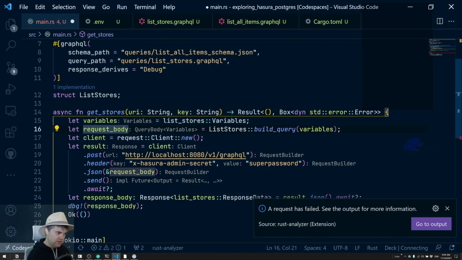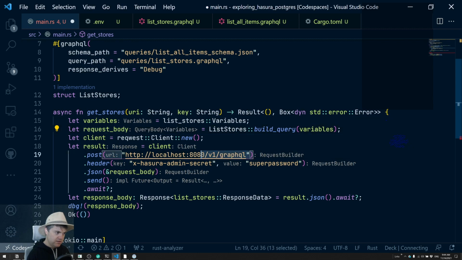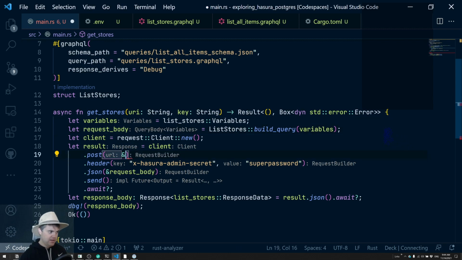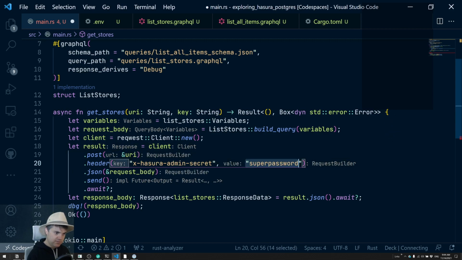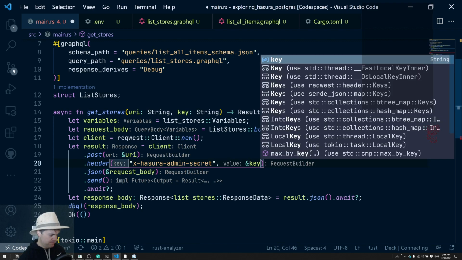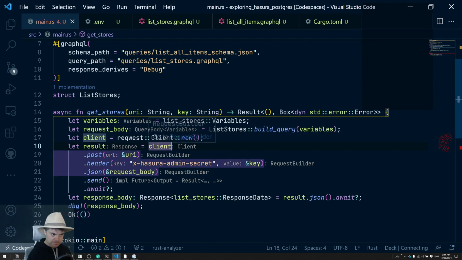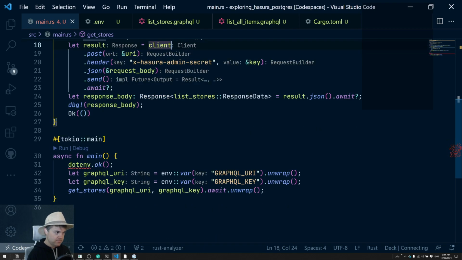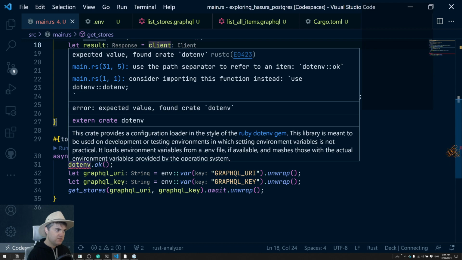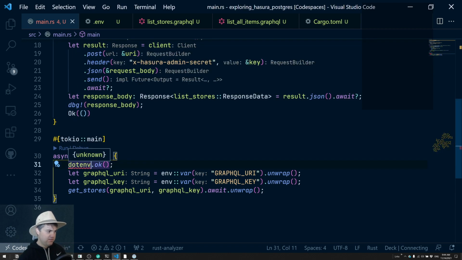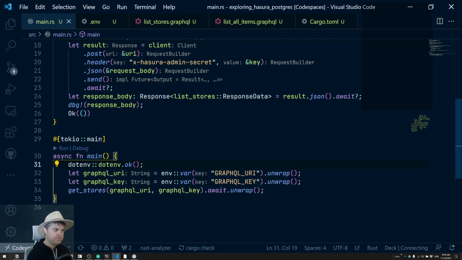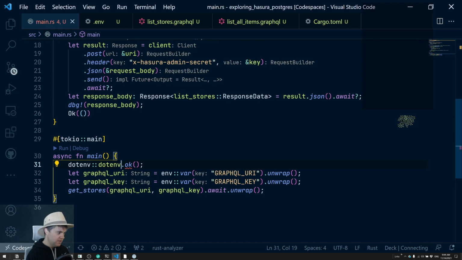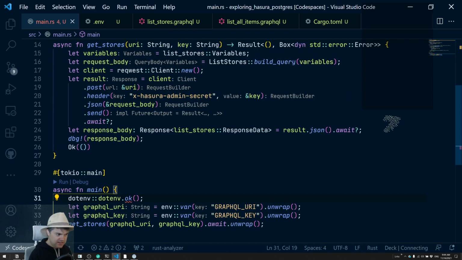So then here, this is just going to be a reference to URI, and you are going to be a reference or a string slice to the key. Okay. Oh, is it dot? Okay, I think it's .env. .env. There we go. Now, if I run this again,